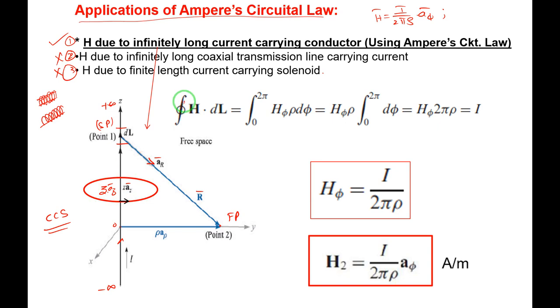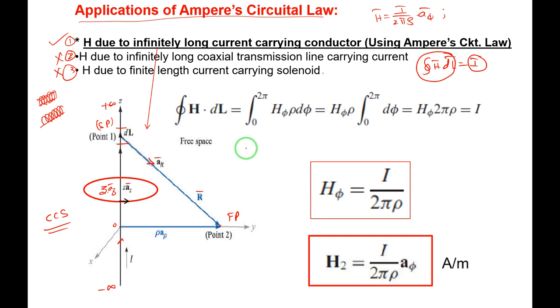Okay, we know the Ampere circuital law: closed line integral of H dot dl equals I. We will take this left-hand side and prove that it is the current I enclosed by the path. So we will take this closed line integral of H dot dl, right? Then what are H and dl? We should know, right?